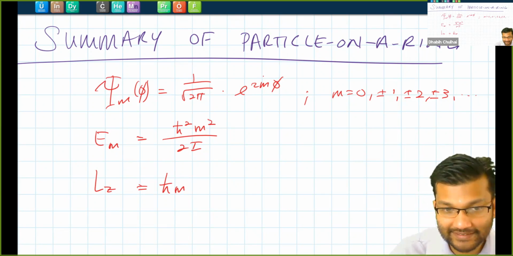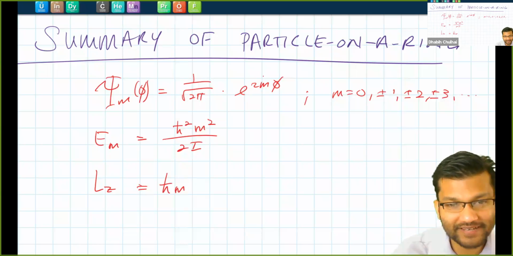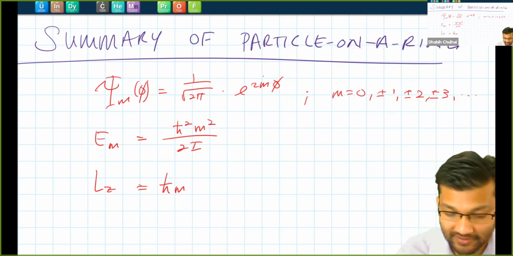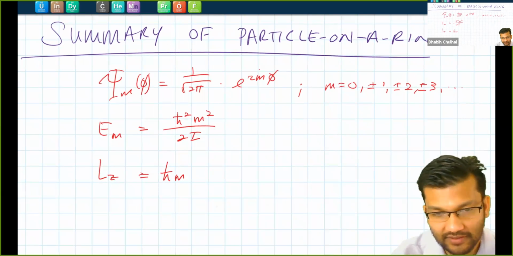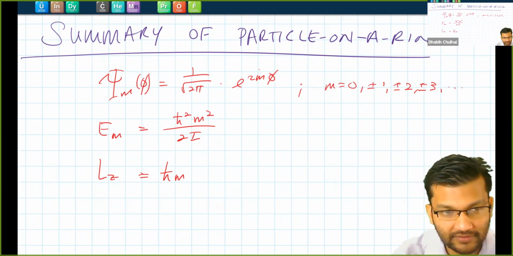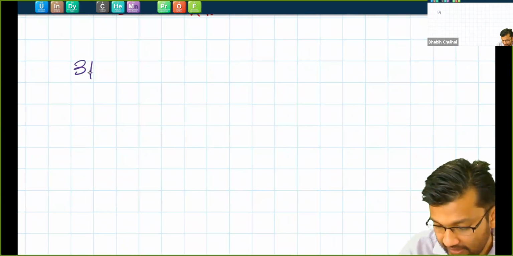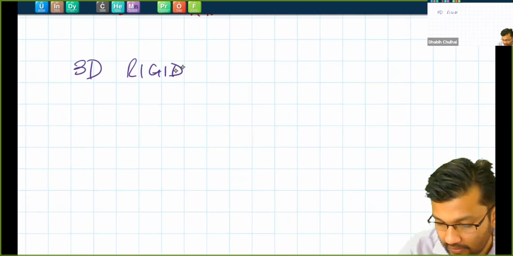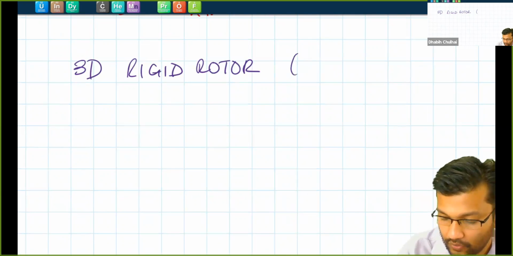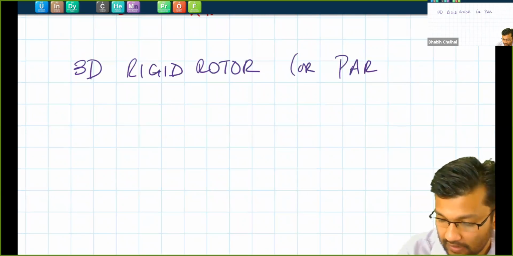All right, so two-dimensional particle on a ring. Now we move on to three-dimensional rotating particle, which we call particle on a sphere. Any questions on particle on a ring before we move on? No? Okay, so let's do that. So it's 3D rigid rotor or particle